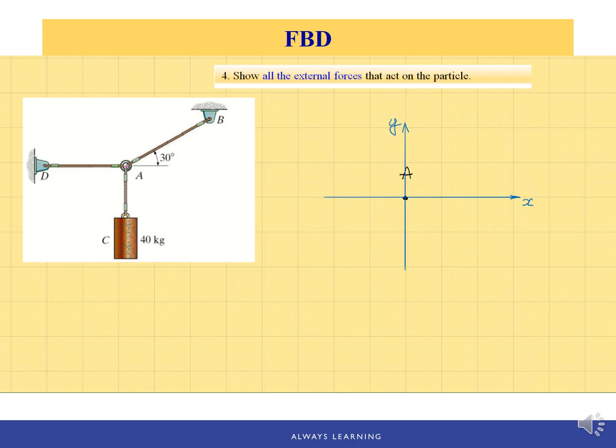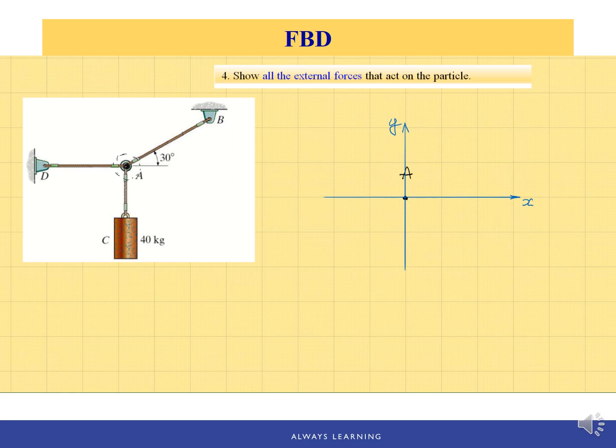Step 4, show all the external forces that act on the particle. So remember, we're looking at external forces, not internal forces. But when we isolate the point A, then everything else becomes external to this point. So think about doing an imaginary cut, or just removing point A from its surroundings. We're going to remove all of the cables, but we're only going to leave the forces exerted by those cables on